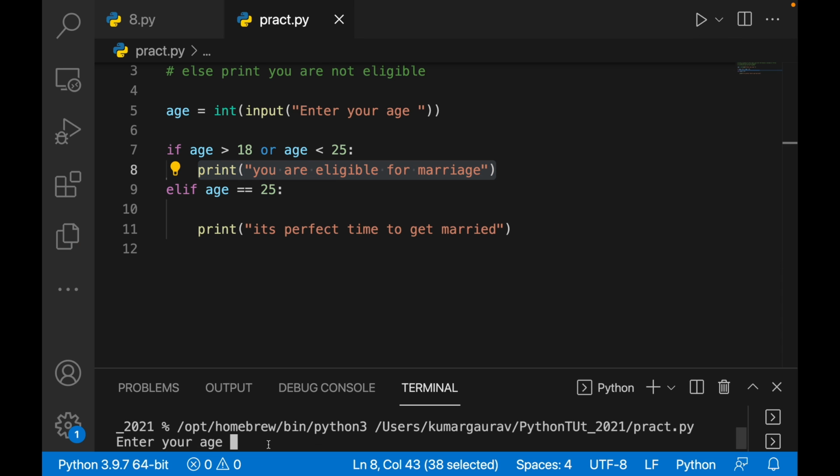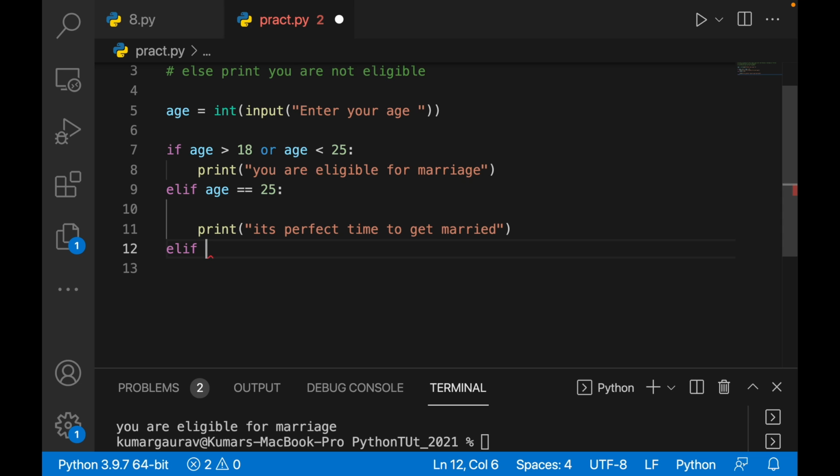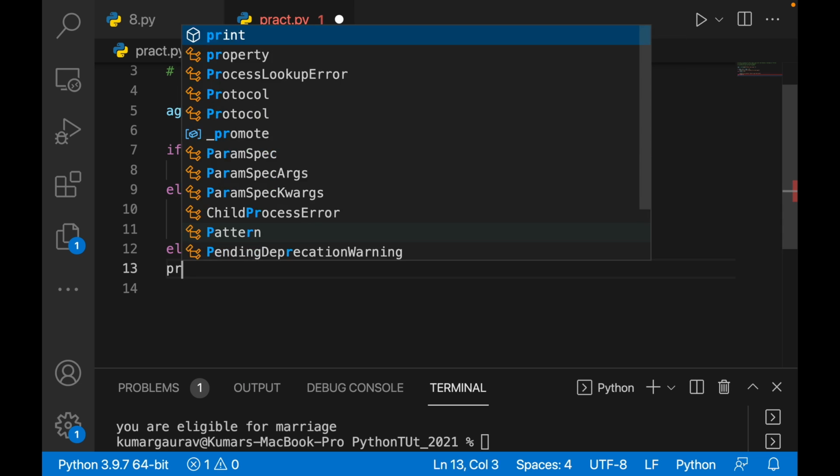So if I write 24, it will say you are eligible for marriage. If I write, let's say, 25, this particular statement will be true. Then similarly, I can use one more Elif statement, Elif age equals 27, print